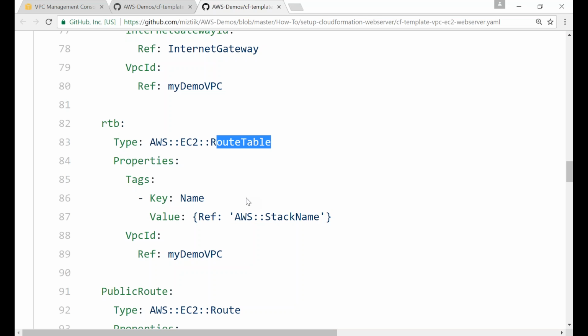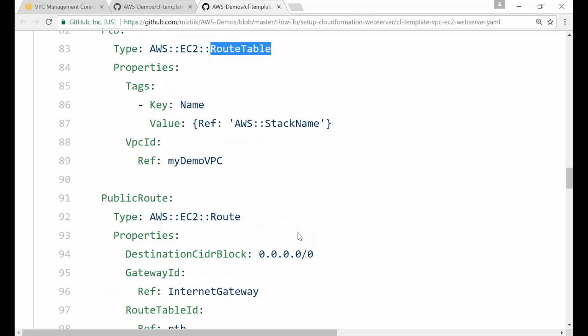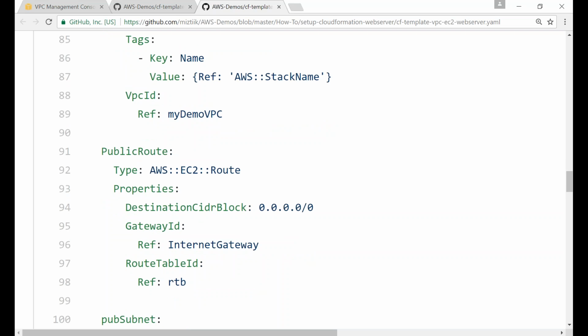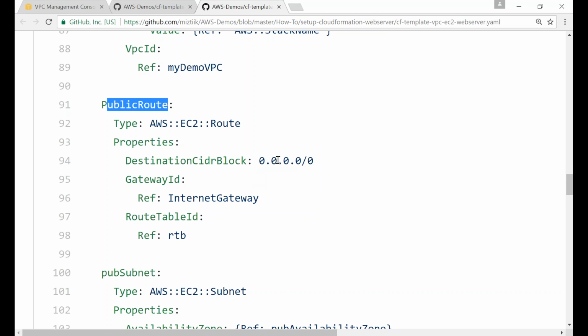And this is another best practice that is coming from me. Do not edit the default route table when you create a VPC. Leave the defaults alone and create your own route table. Always. Do not touch the defaults. It might be very tempting because it is already there, to just modify it for internet routes. But leave that alone because it is for Amazon to deal with things. That is why they have created a default. If they thought that customers have to create it, they would have left it to us. So do not touch that, create your own, and then create your public route, that is internet traffic going